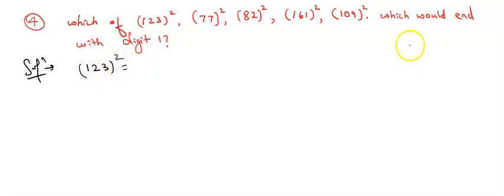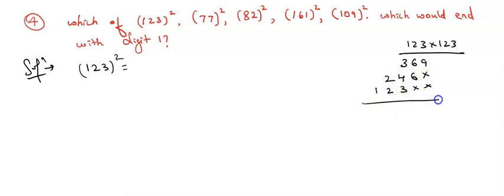Now you have to multiply 123 into 123. As I am going to show you one step, the rest you can do. 3 3s are 9, 3 2s are 6, 3 1s are 3. 2 3s are 6, 2 2s are 4, 2 1s are 2. 1 3s are 3, 1 2s are 2, 1 1s are 1. 9, 12, 4 plus 3 is 7, 7 plus 3 is 9, plus 1 is 10, 5, 1. Is it correct or wrong?